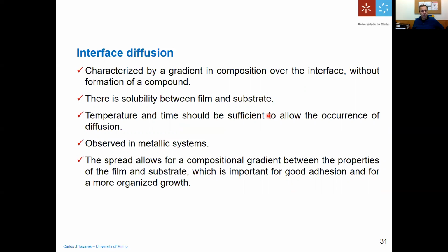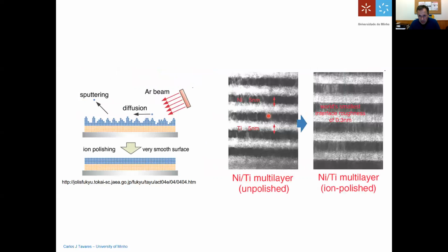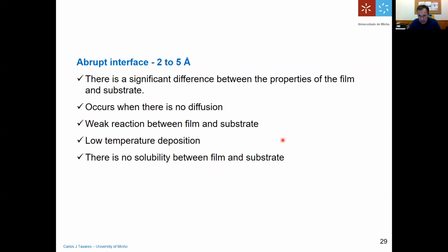Temperature and time should be sufficient to allow the occurrence of diffusion. It can be observed in metallic systems. The spread allows for a compositional gradient between the properties of the film and substrate. And sometimes it's important to have a good adhesion. So in some cases, when you want to make thin films on specific substrates, and I'll go back to one